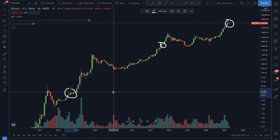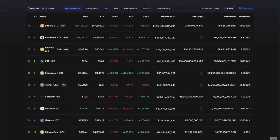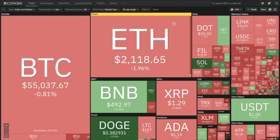Okay, let's move into the picks for now. So any picks that I will give, and I'm just going to go off the coin market cap just to kind of show you. I mean, I have roughly picked up on it just a little earlier on, like coins that you should pick, right, for short term. So if we look at the greater market, and we're going to look at the 360, right, coin 360 heat map. Right now, if anybody wants to pick up something for a short term, anything that is in red right